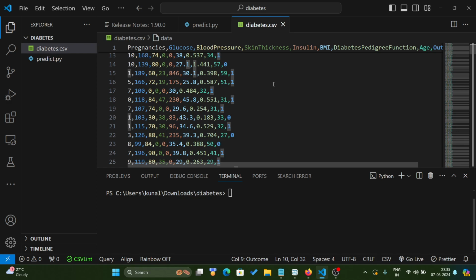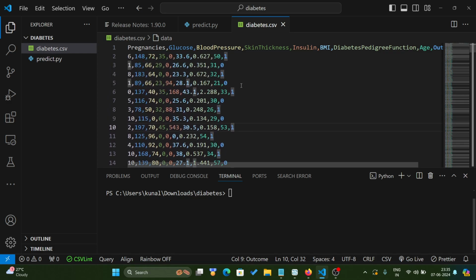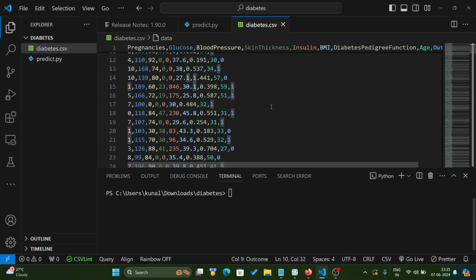Going to the data exploration insights, the statistics are, as I told, the pregnancies range from 0 to 17, indicating patients have never been pregnant or have been pregnant multiple times. The glucose in this data set varies widely, indicating different levels of glucose intolerance or diabetes severity. The blood pressure also varies significantly, which is typical in a diverse patient population. And the age varies from 21 to 69 years,